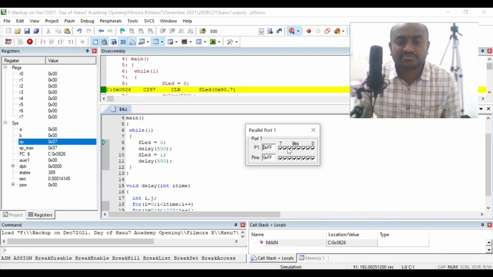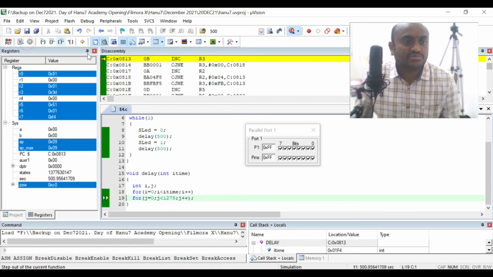These pins are not at all being programmed by us. So these pins are free, they can be used for some other purpose. And again, for an embedded system programmer, using the hardware efficiently is also a very important thing. You should not use unnecessarily all the pins in the programming.